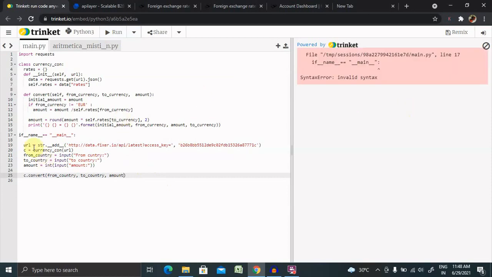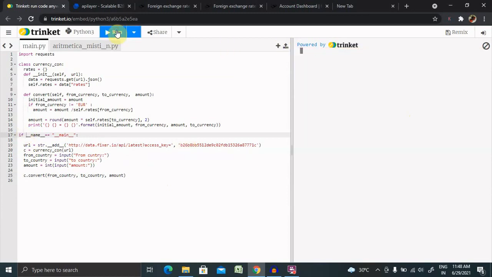Here we have some error in the main. So from country, let me give here INR, then to country EUR, and the amount I am giving here 2300. So you can see 2300 becomes 26.0 euro. So this is how it works and how we can create our currency converter by using Python.